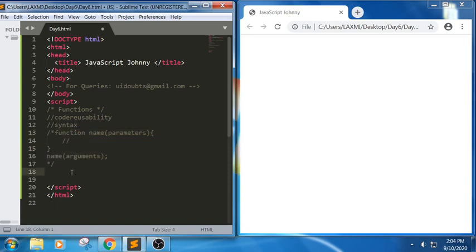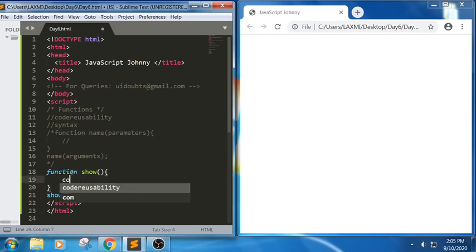Now let us write a small snippet where we can understand how to write a small function. Like I want to write a function to display the name. I am trying to write show. Here the function name is show, and I am trying to call this, and inside this I am trying to write console.log hello Johnny.